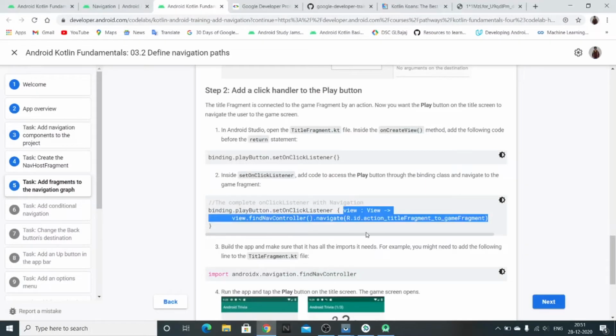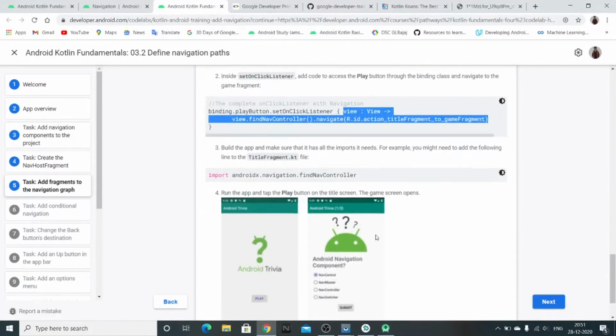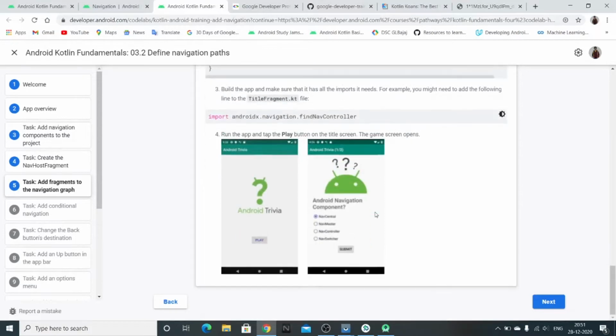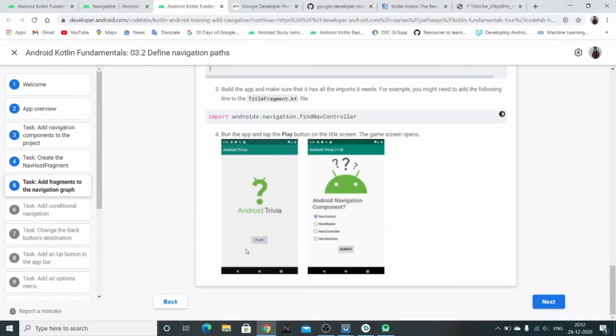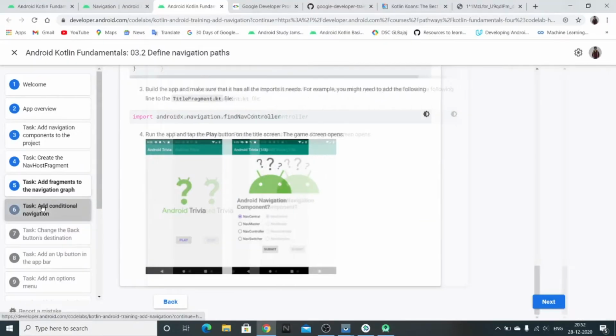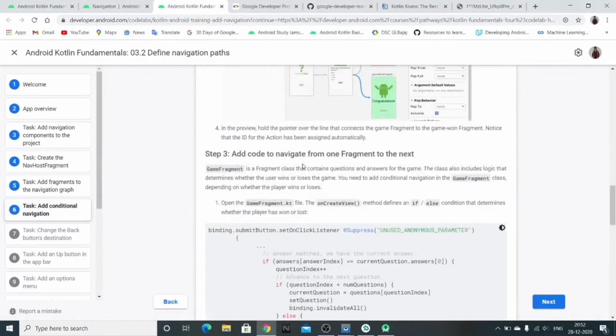Okay, now let's follow our code lab. These are some imports that we need to do, but Android should have already done for us. Now, when we run our app again, we'll be able to navigate with that play button. Let's move on with our code till our app runs.